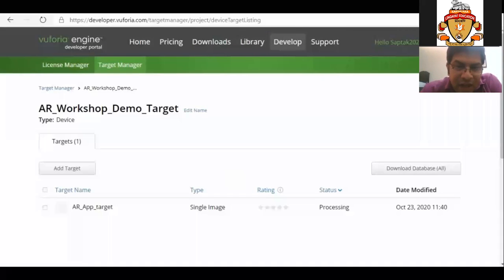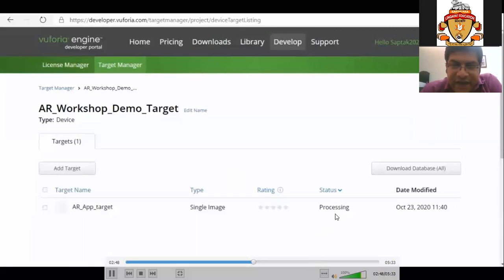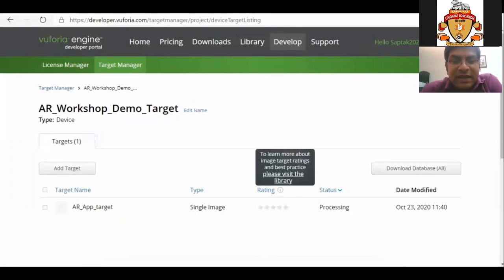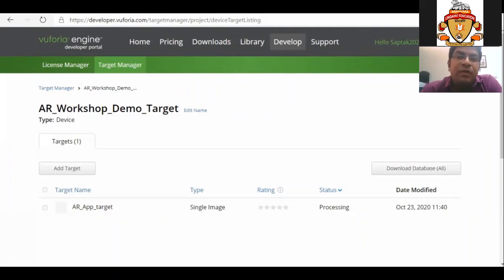Once the marker is uploaded, it will show us the status as processing. And here in the rating, there are 5 stars, but no star has been given yet because it is processing. What is rating? I will show you. So what is processing? That means the target image we have uploaded in Vuforia is being used for training of the computer vision algorithm in Vuforia.